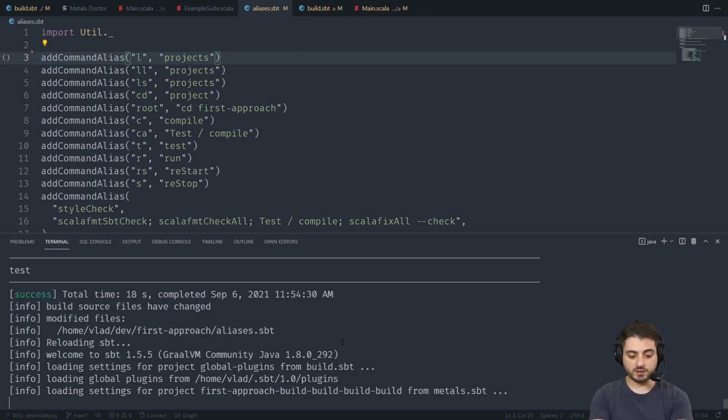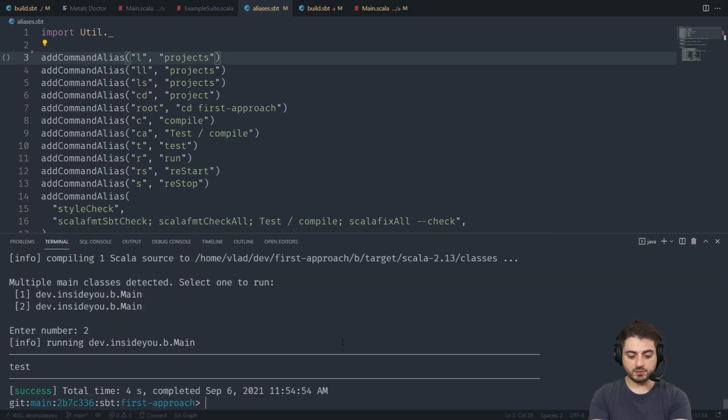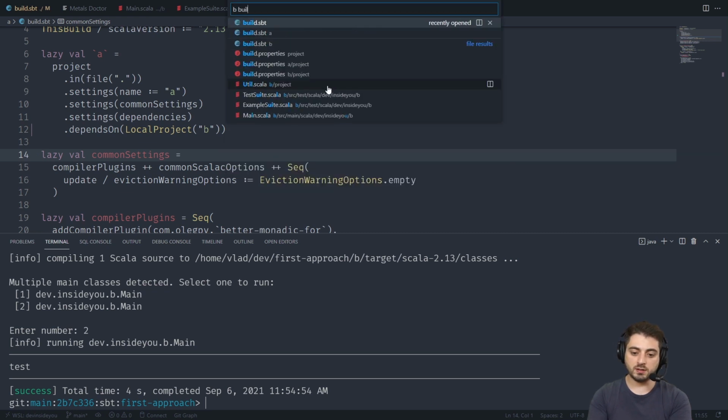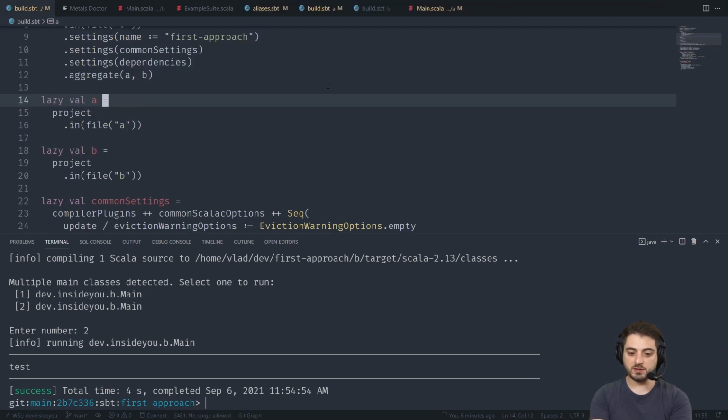Okay, so let's do like 1. All right, so let's do A run. Now it's reverse. Let's do B run 2. There we go. Again, I have no idea why it does this, because it should be only once. Before we used ProjectRefs, and I used the same ProjectRef twice, but now I'm simply saying that this is just a dependency on some local project B. I was thinking it's probably because it's still defined twice. So in B build, over here, it's already defined, and also in the main build we're defining it again. But we're doing the same thing for project A, so it actually should be fine.